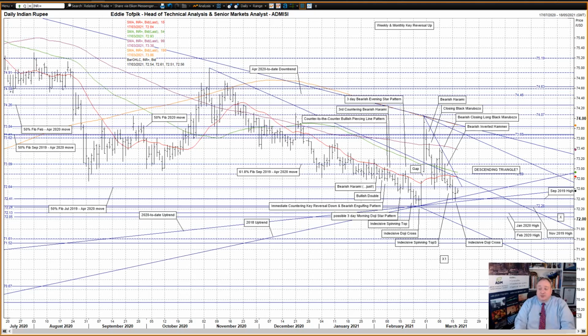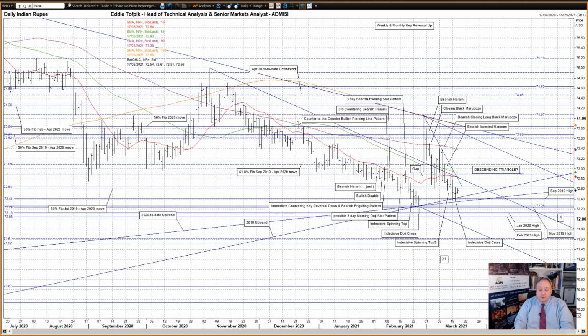The market has capped on the overhead by the 50% Fibonacci line of the July 2019 to April 2020 move at 72.64. Meanwhile, below, the September 2019 high at 72.41 plus uptrends from 2018 and 2020 helped support the market. Overall, we have overhead the declining partnership of the middle time, currently 72.83, the early November 2020 to late January 2021 bearish Andrews pitchfork, and the short medium moving average, currently at 72.93, joined now by the short moving average,